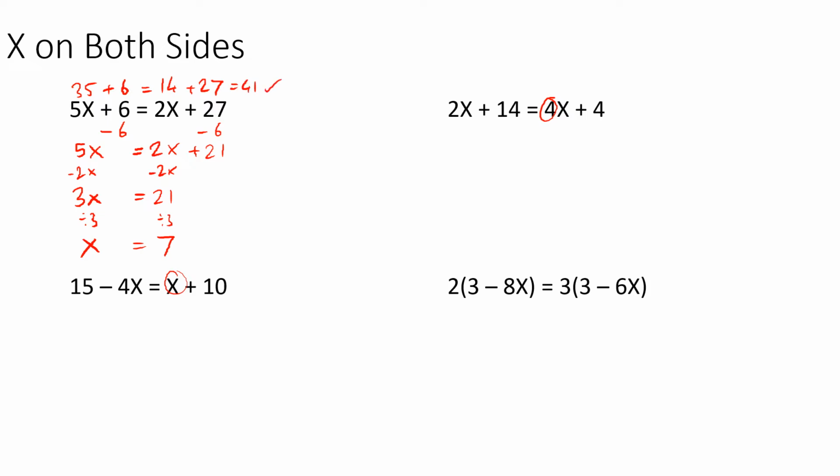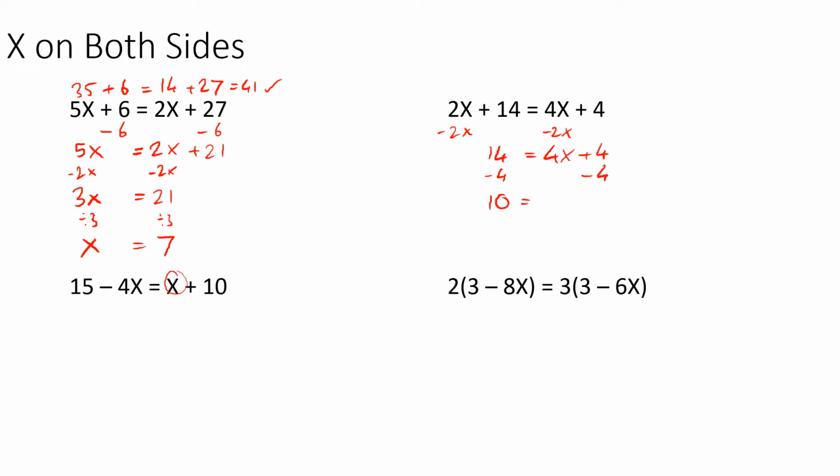Okay, you may as well have a go at the next three yourself, to be honest, but I'm going to assume that you're pausing the video now, and you're coming back in 3, 2, 1. Okay, so here we are going to subtract 2x this time. And that'll give us 14 is 4x plus 4. Notice I've subtracted the x first, doesn't make a difference. Then I'm going to subtract the 4,